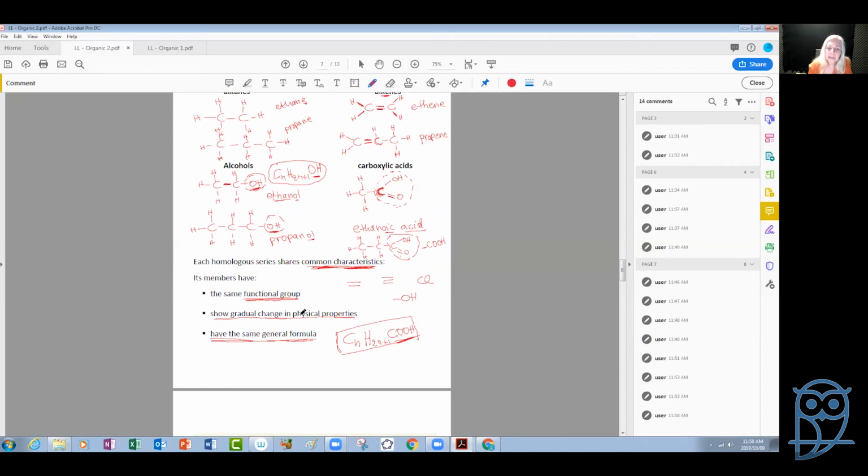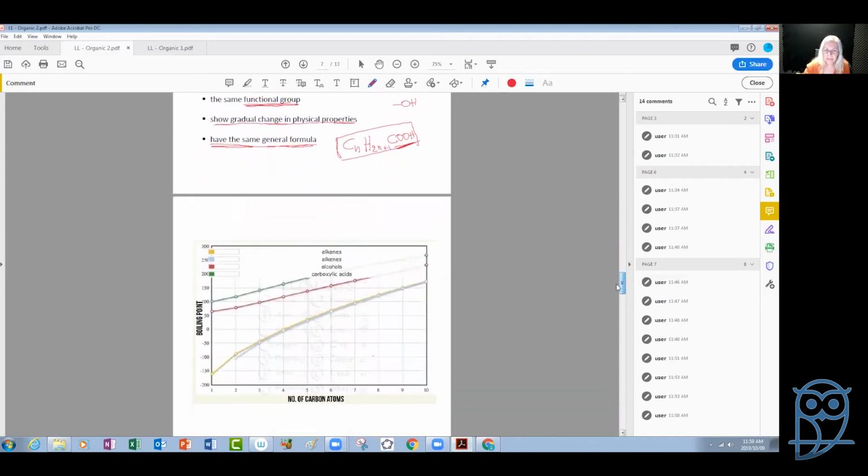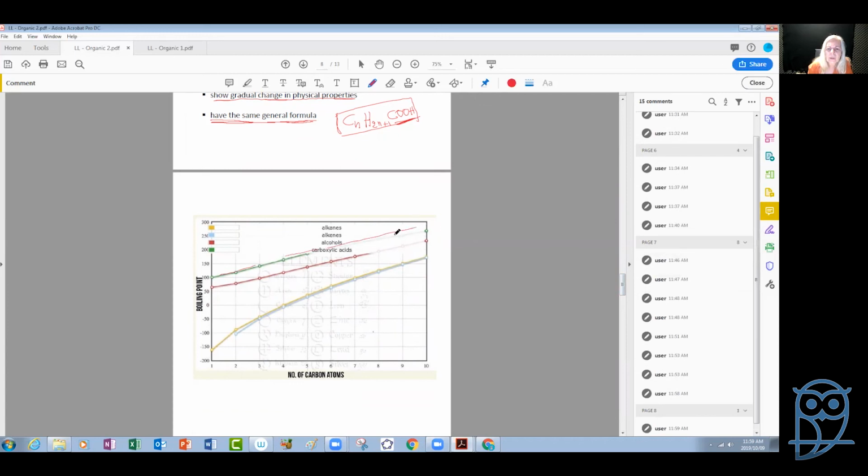As far as the gradual change in physical properties is concerned, for example, if we take a physical property, a very important one is the melting point or the boiling point. If we make a graph of the boiling point against the number of carbons in the chain, we are going to find a nearly straight line that goes up gradually as the number of carbons in the chain increases. So we see, for example, in this example,